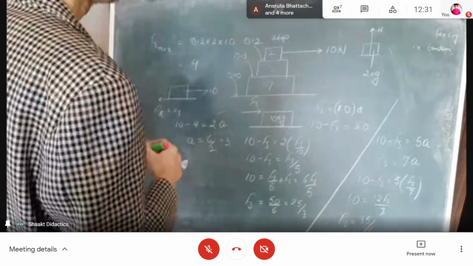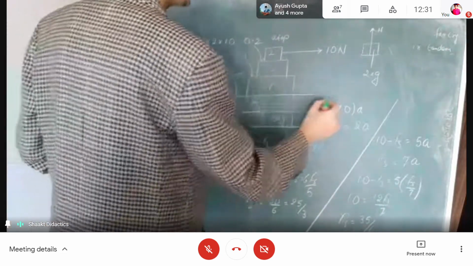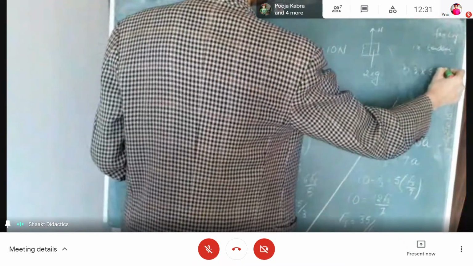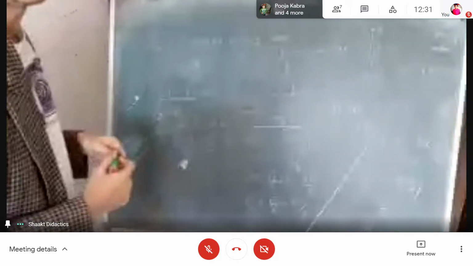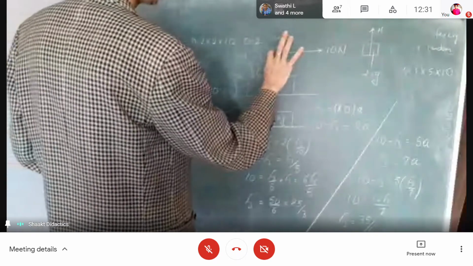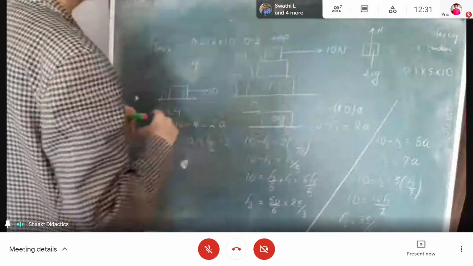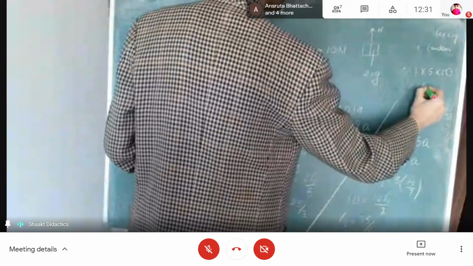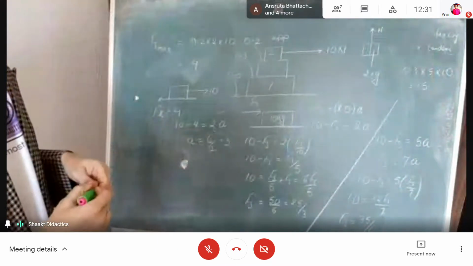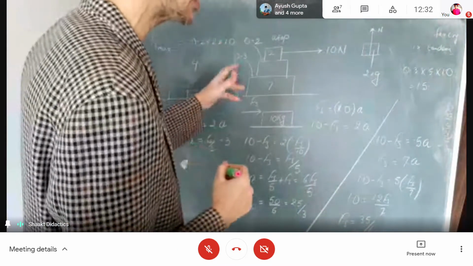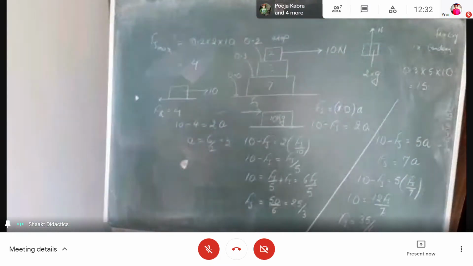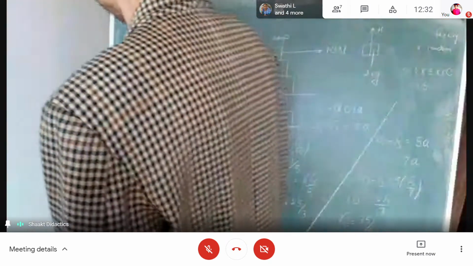What is the cap? What is the cap with 0.3? Cap is 0.3 into 5 into 10, right, class? Check it out, class. 0.3 into the collective mass 5 into 10, right, dear? How much does this get me? 15, correct? 15. It is very much in the capacity of Fs maximum to provide 35 by 6, yes or no? It is very much in the capacity of Fs maximum to provide Fs required.